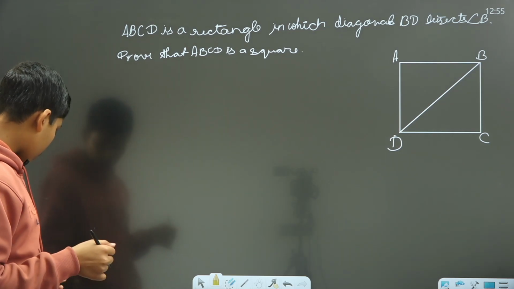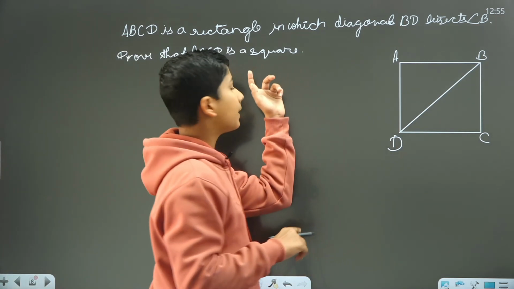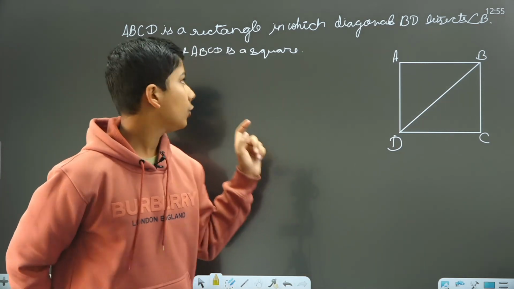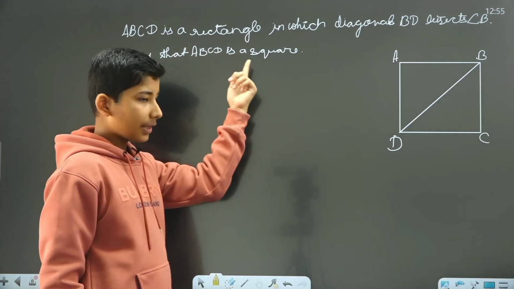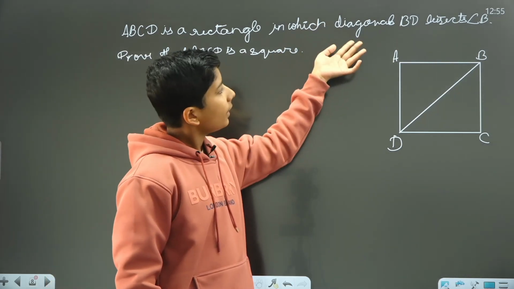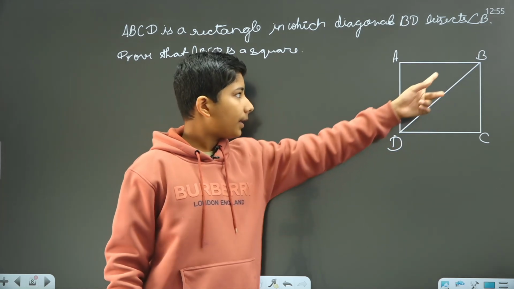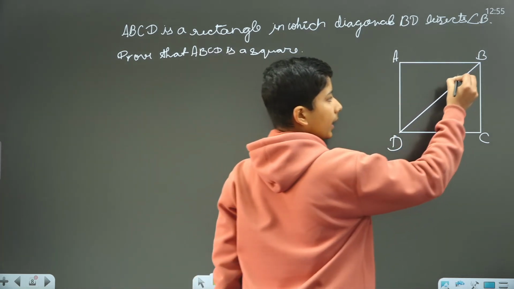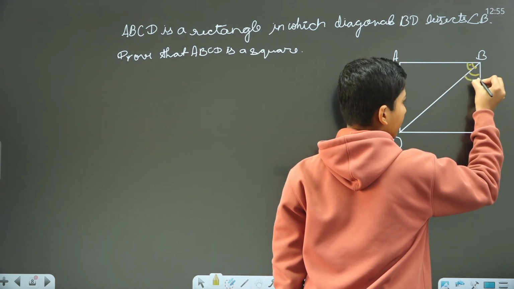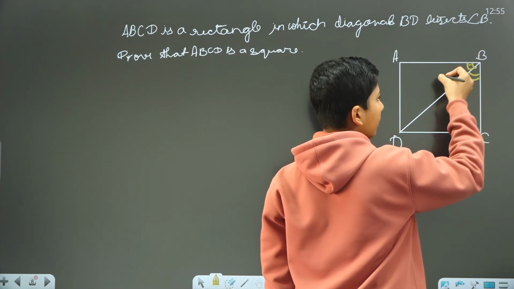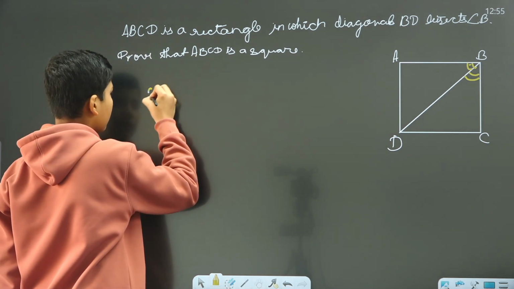It is the last question as there is no more question. So this is a confusing question. You have to prove that this is a square. It is given that ABCD is a rectangle, in which this diagonal is bisecting angle B. So we can write this angle equal to this angle, meaning these two angles are equal. Firstly we will write